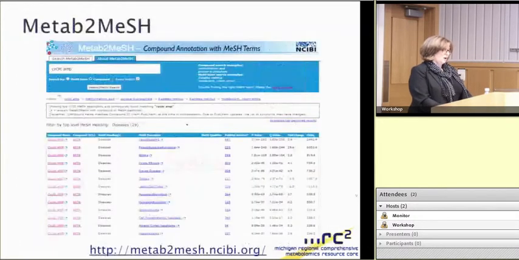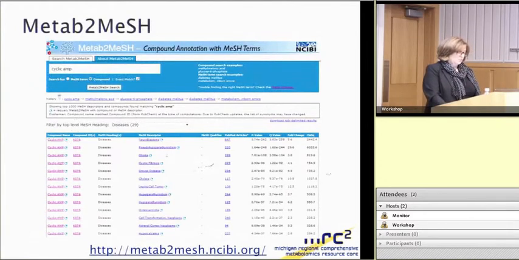This is a web interface. You can either search by MeSH terms, and it will give you a list of compounds. In this case, I searched by a compound, cyclic AMP, and it gives me a list of MeSH terms that are associated with it, and I can filter it by different categories. In this case, I'm filtering it by diseases, right? So I can find out that it has been linked to different cancers and so on and so forth. There's a link here, which I'm not going to show you, but Bill will briefly show you this interface, I think, on Thursday, right? So you can actually go to the articles that